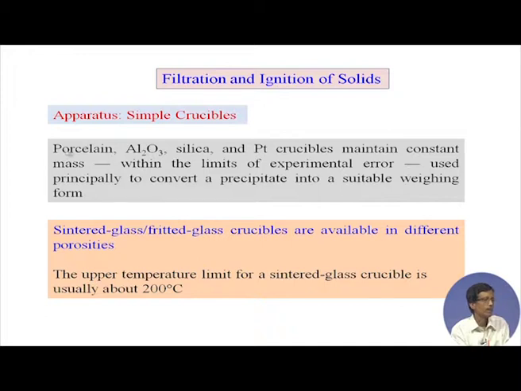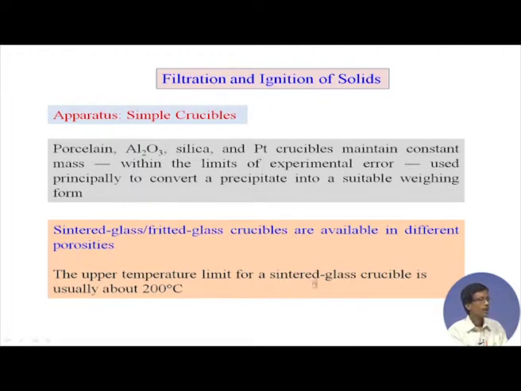As I discussed and gave you the example, the sintered glass or the fritted glass has a bottom, and within that particular bottom the corresponding glass frit is attached. If this glass frit is attached, we can consider this a sintered glass. With the use of those crucibles, you do not require filter paper for filtration. That is why for nickel DMG filtration we do not use filter paper, and it can withstand a good temperature up to 200 degrees centigrade.